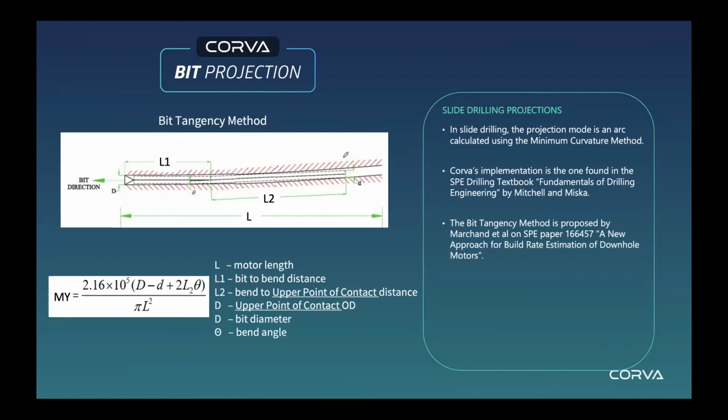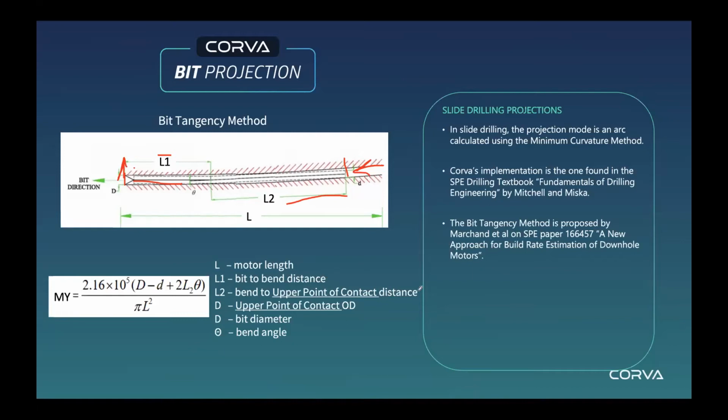So we have upper point of contact, and then we have an L2 variable, an L1 variable. Of course, we have to know what our bit to bend is. That's basically this value, and it's kind of like a fulcrum. So as we know these points, it's a physics-based calculation. As you apply weight on bit in this direction, it moves the bit up or down more in one direction or the other. So the input variables for this bit tangency method are motor length, bit to bend distance,